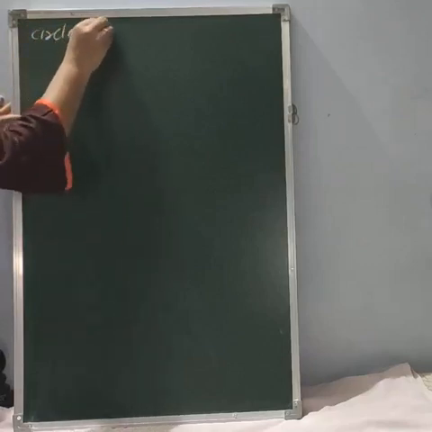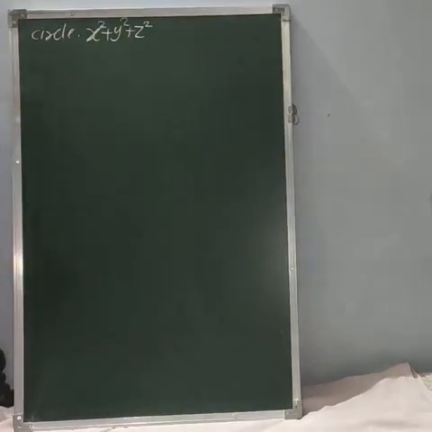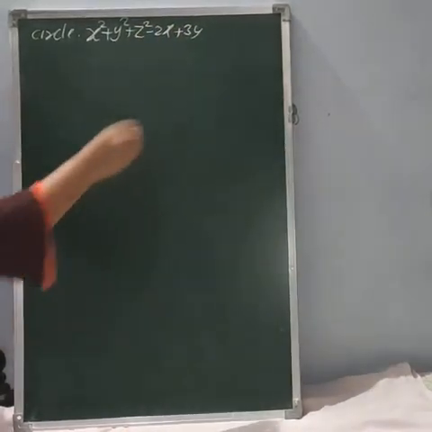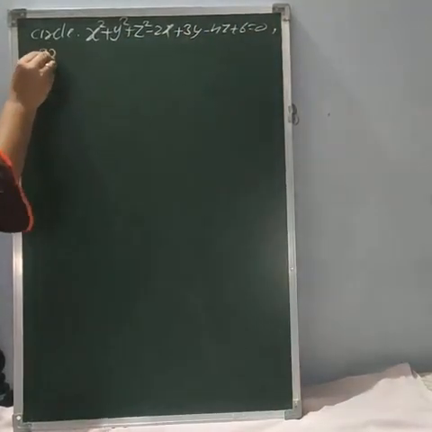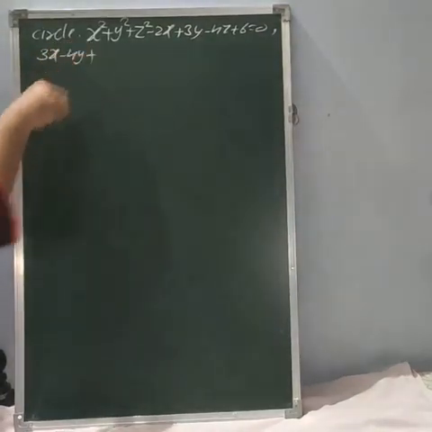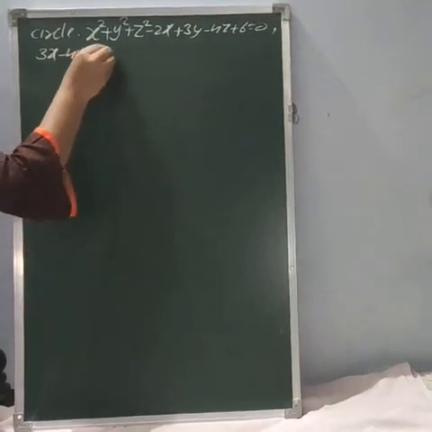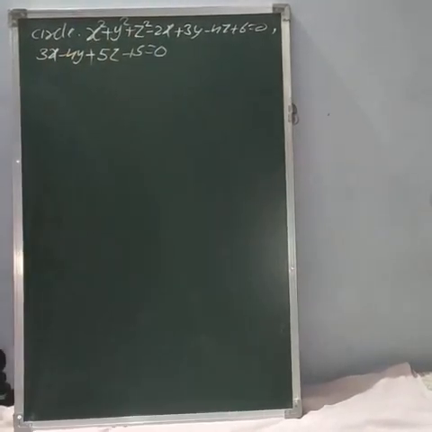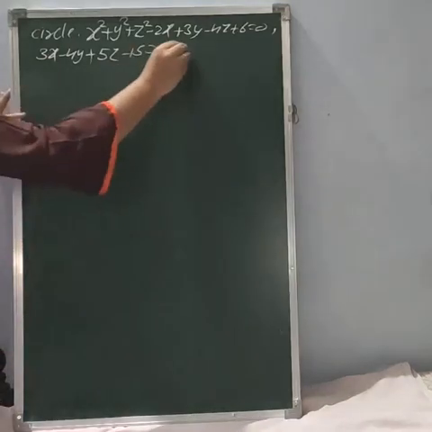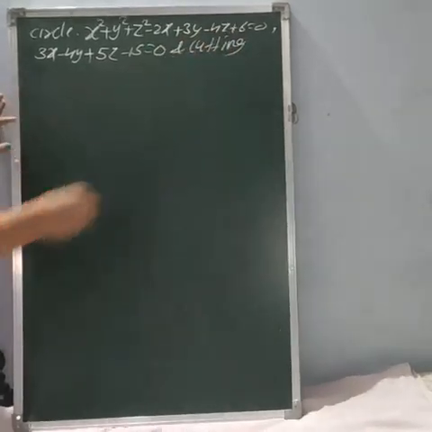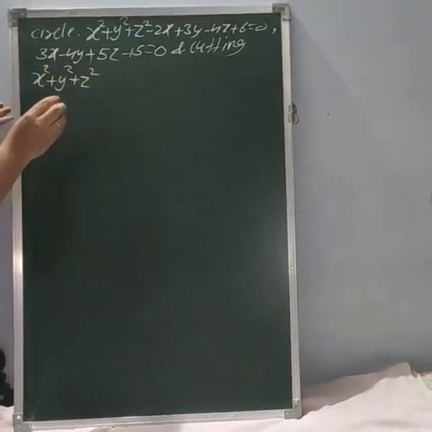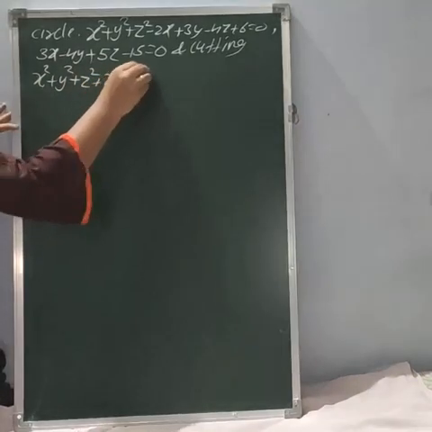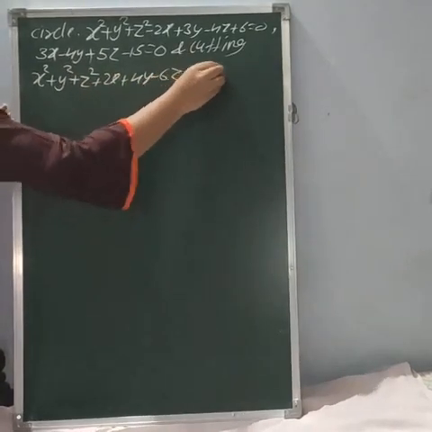The question is: find the equation of the sphere through the circle x square plus y square plus z square minus 2x plus 3y minus 4z plus 6 is equal to 0 and 3x minus 4y plus 5z minus 15 is equal to 0, and the condition is given that this sphere cuts the sphere x square plus y square plus z square plus 2x plus 4y minus 6z plus 11 is equal to 0